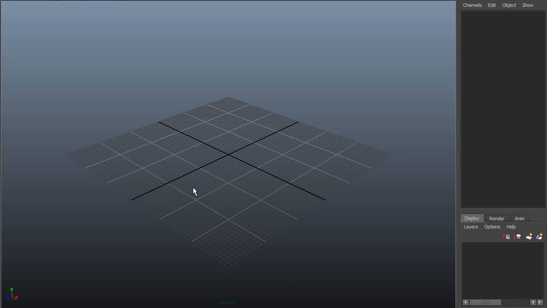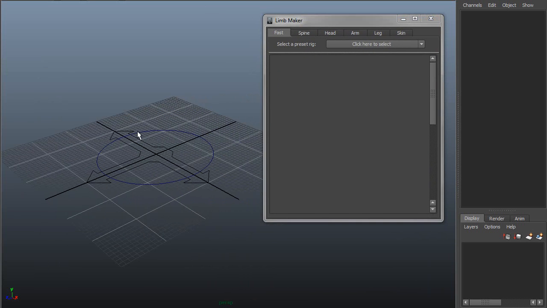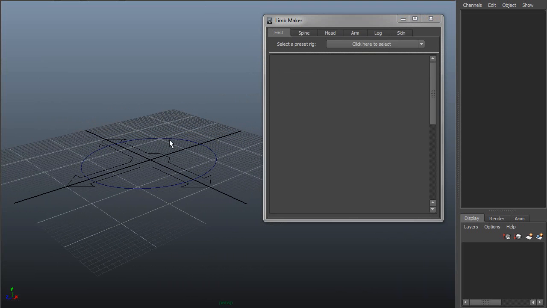Hi, and in this video I'm just going to show the fast tab. So first off we'll just run the script, which will create the character node for us. The fast tab was added in contingency, which means it wasn't part of the initial proposal. The proposal was just to create these preset limbs that the user can then stitch together, but through user testing